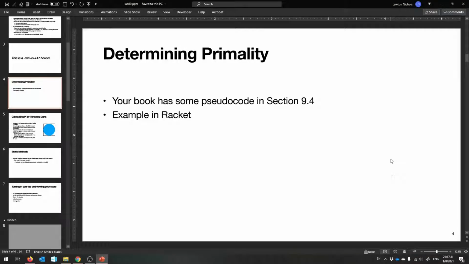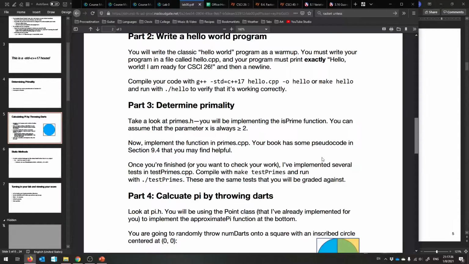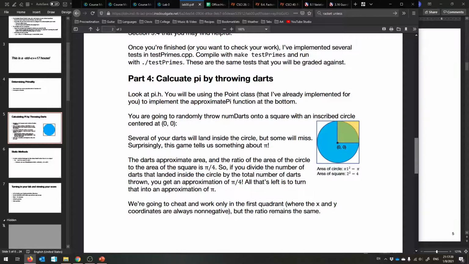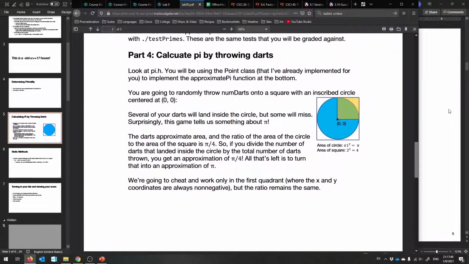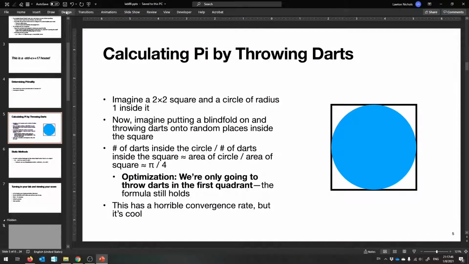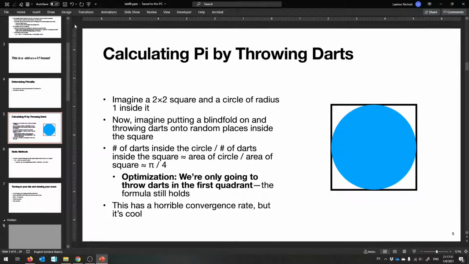So that's primality. And the next thing you're going to do is really fun. You're going to calculate pi by throwing darts. So I have 2 nice diagrams for you here. So feel free to read this, but let me try and explain it to you. So here is a 2x2 square that houses a 1x1 circle, because we can pretend that this is like the origin 0, 0, and this is a radius 1 circle, and so obviously the diameter is 2. We can put a box around it, a perfect square that just perfectly touches all the sides, and that's 2x2,